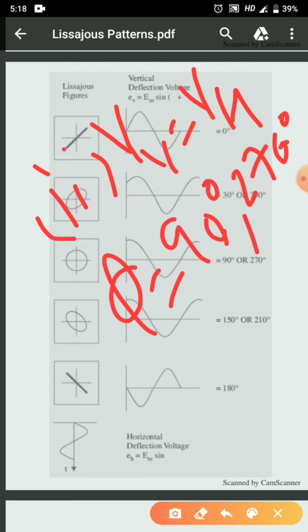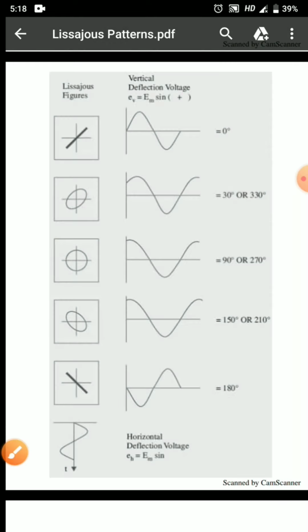That is, when the difference between both the values is plus 90 degree or minus 90 degree, that is 90 or 270 degree, we can get a circle. Now if the voltages are not equal and if they are out of phase, then we can make out that an ellipse will be formed. And one more thing that we have to understand here is that if the Y voltage is larger,